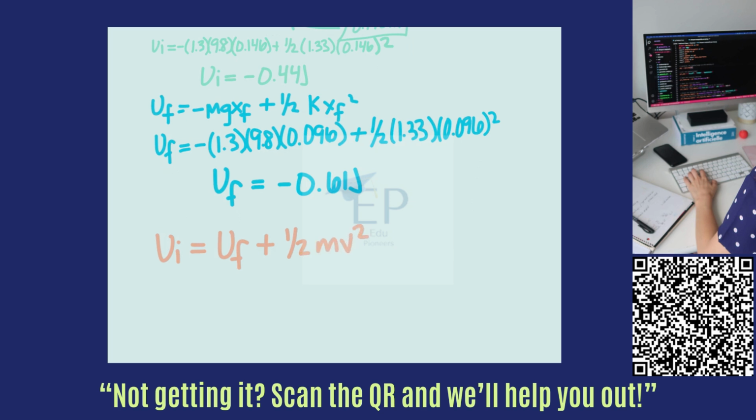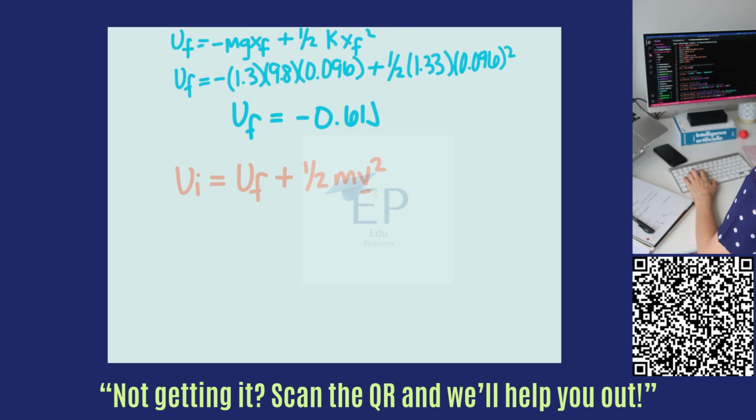And so you can see now we're going to be able to solve for our velocity. If we rearrange this equation to solve for velocity, we end up with velocity equal to the square root of 2 times U_i minus U_f